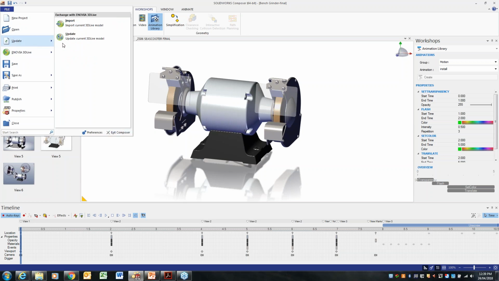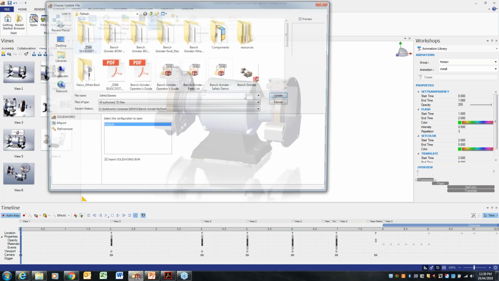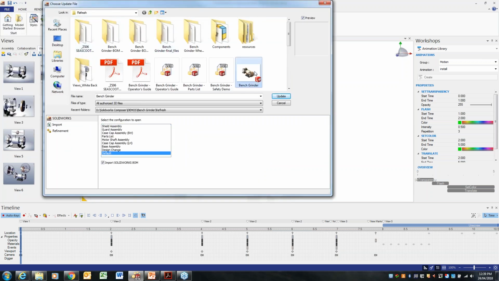I just go ahead and click Update, go to my SOLIDWORKS Composer document, pick up the new file, or maybe if it's in a configuration, pick up the same file, the bench grinder SolidWorks CAD file, and I go to a configuration set here as design change. Or if they've made a completely new file, you can just use that